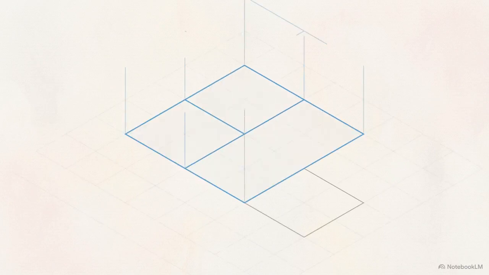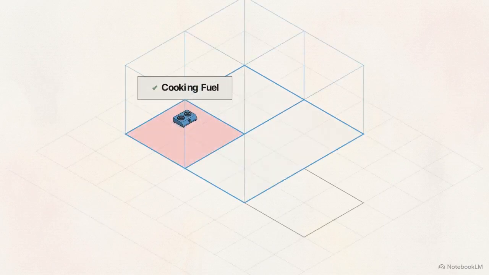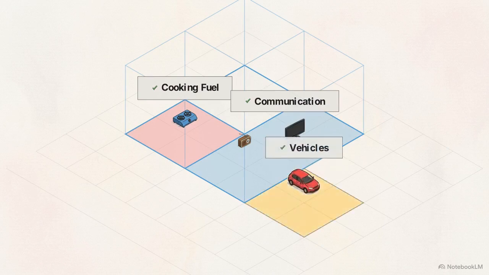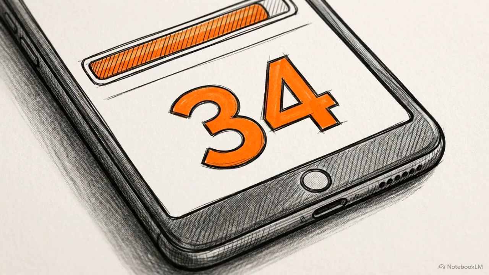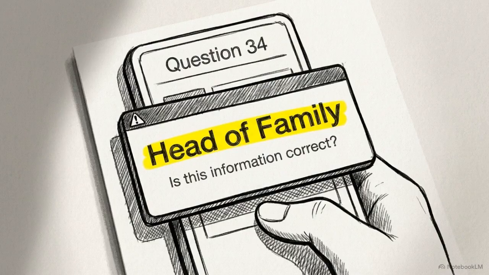The final amenity questions cover household assets, such as the type of cooking fuel used, ownership of a television or radio, and available vehicles. If a household uses a mobile phone to get online, you must mark yes for internet availability. Once the amenities are logged, you will arrive at question 34. Question 34 requires a mobile number. Only enter the number for the head of family or house owner.